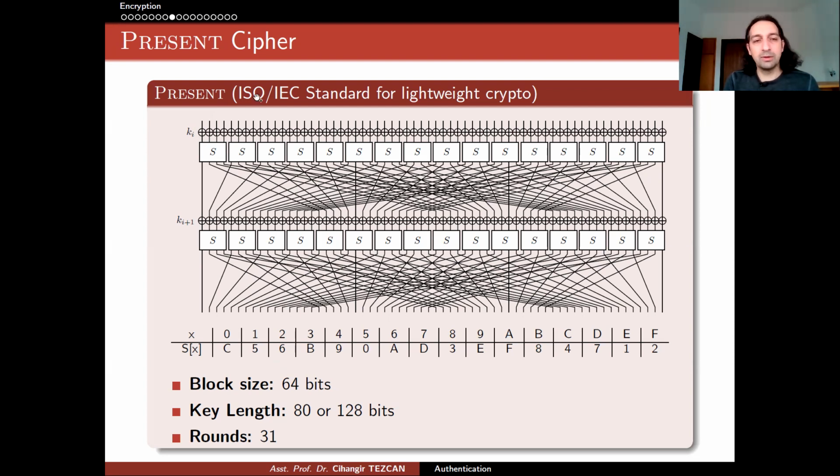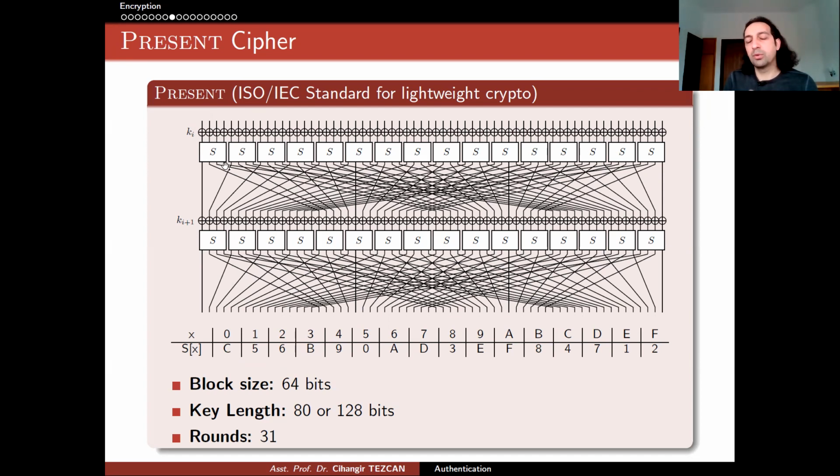So there's a table called S, which is also named the S-box. It tells you which input goes to which output. When you're implementing, you can write it as an array. For instance, if all of these 4 bits are 0, your input is 0, and it says that your output has to be C, which is 12 as an integer. If the leftmost bit is the most significant one, and you turn 12 or C into bits, it will be 1, 1, 0, 0.